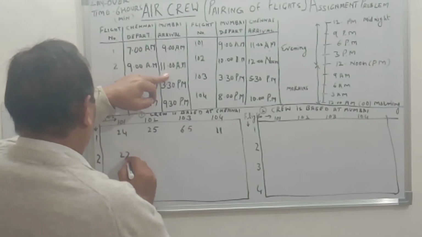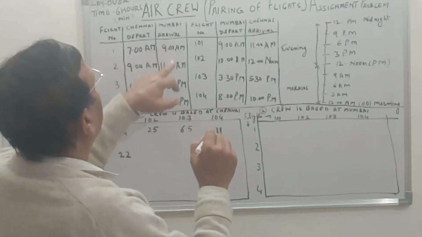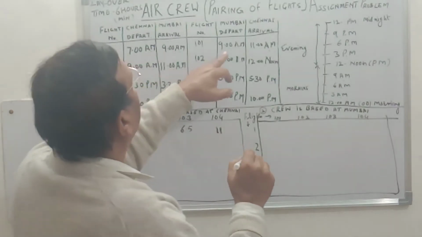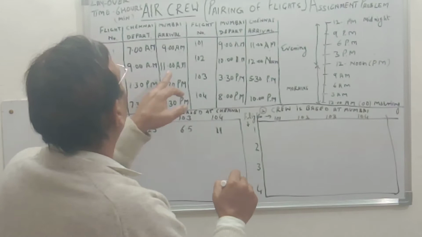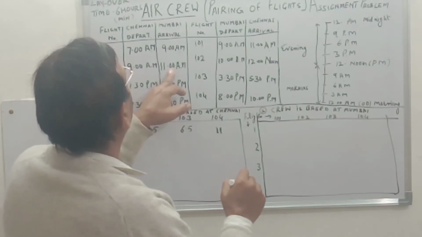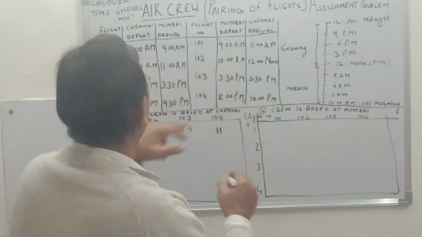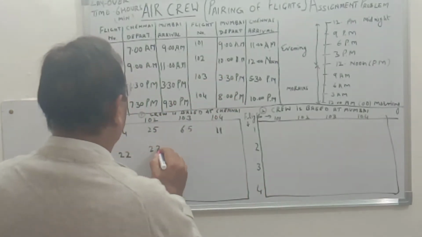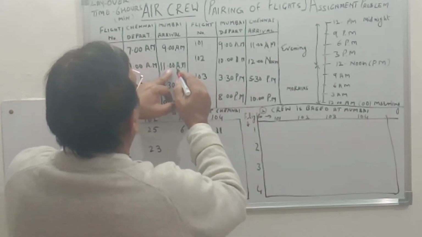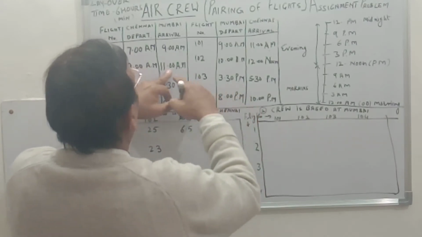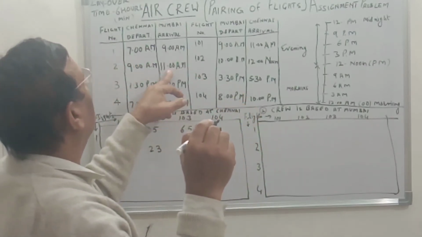This you have to calculate each time. Flight reaches at 9 a.m., 11 a.m. arrival, and it will start at 9 a.m. So 22. Arrival is 11 a.m. and start at 10. So 23 hours. 9 a.m. to 3:30. 11 a.m. to 3:30. 11 a.m. to 3:30, the time gap is 1 and 3:30,